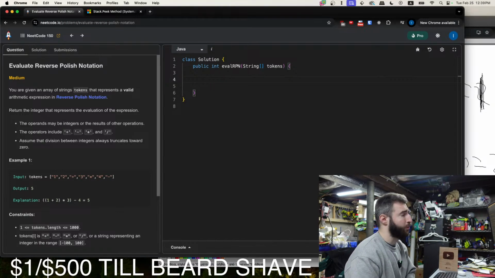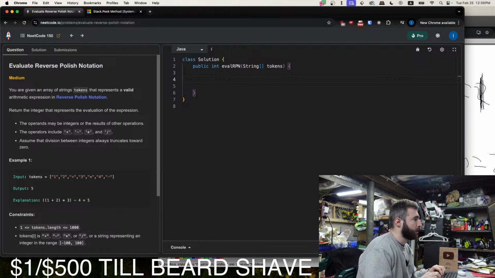So O of 1 space. Okay, so let's make our stack. Stack integer, and we'll call it numbers. We have to initialize it. Okay.